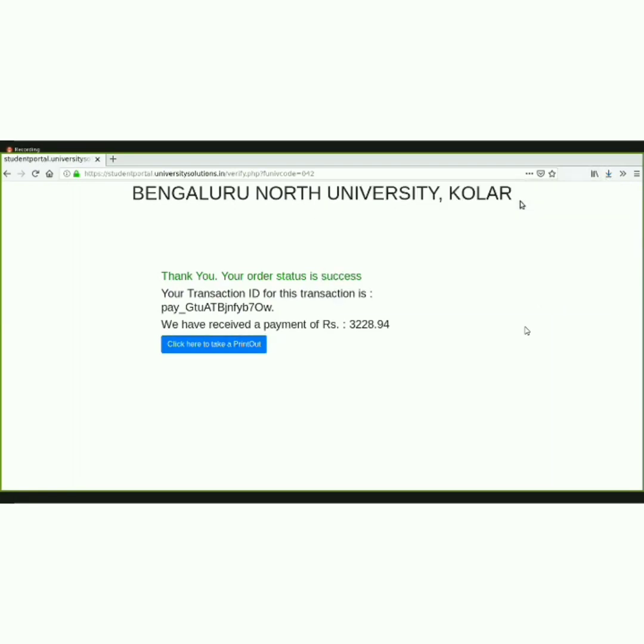I'll open that. So you can see the downloaded file now. This is your fee payment receipt, wherein all the details will be included. Just make sure that the fee payment status will be success. And what you have to do is, down here, take the printout of this, put your signature in the signature place, write the date, and submit it in our office when you come to college. The last date for doing the online fee payment is 4th April. Hope you all understood the process. That's all about this video. Thank you all.